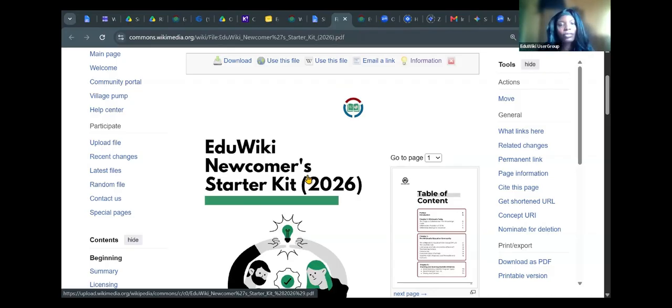So there are different kinds of projects you can participate in, and the reading Wikipedia in the classroom has its own kits, I think, which are available that you can make use of. So this starter kit is not focused on the reading Wikipedia in the classroom. It just cites it as one of the programs which you can carry out. I don't know if you understand. Yeah, I get it. Thank you so much.